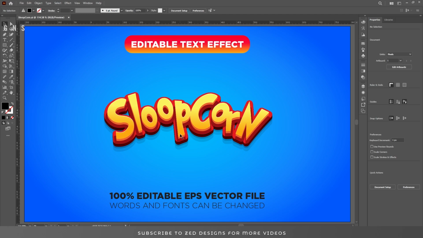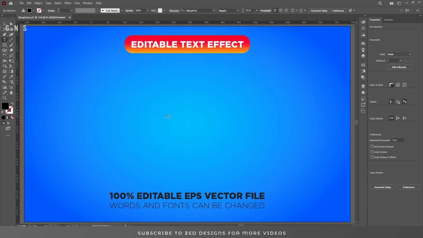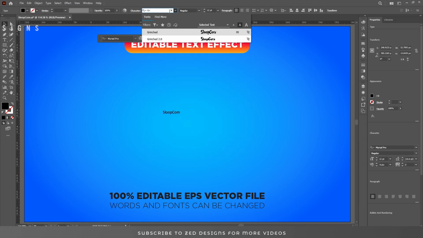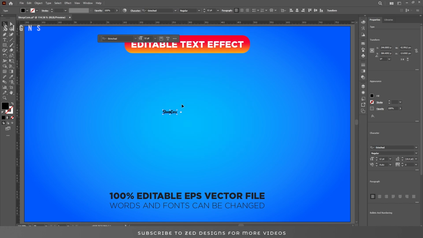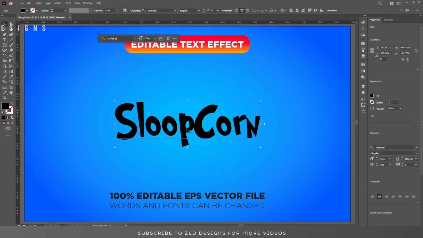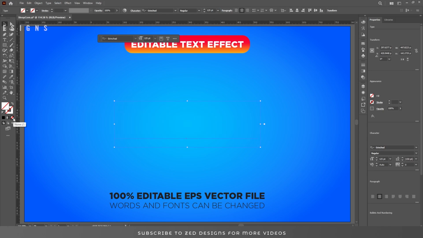First, let's remove this text effect and let's type our text. The font I'm using for this text effect is Grinched and the font size will be 125 point. Let's center this to the artboard and next we'll click on none to remove the fill color and then we'll